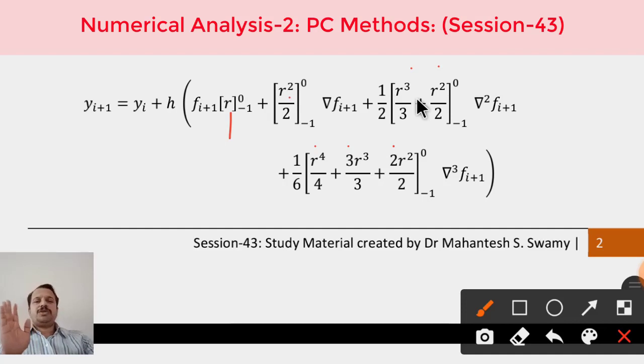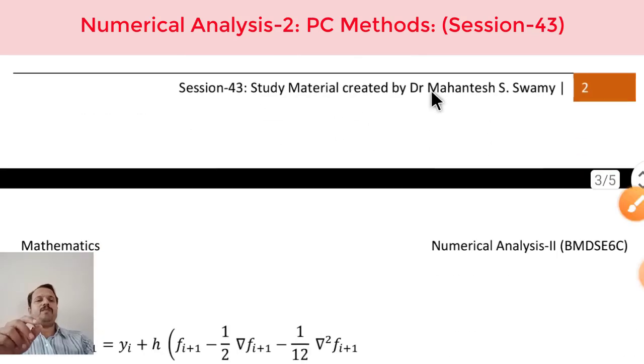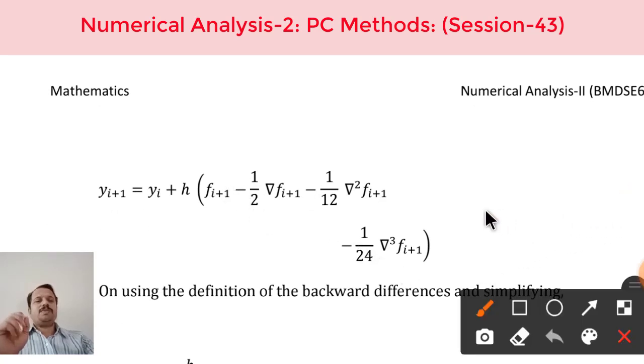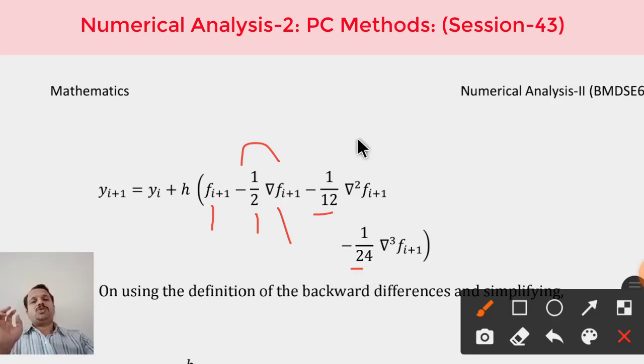Simply it is 0. So minus, the lower limit -1 you have to substitute. When you substitute and simplify, you will end up with this particular expression. You have to simplify all the things by taking LCM and all. So the first term will be 1, the second term, 1 by 2 is a coefficient, will be the same with -1. Now here -1 by 12 remains, here -1 by 24 remains. So these are the coefficients and the other things are the same.